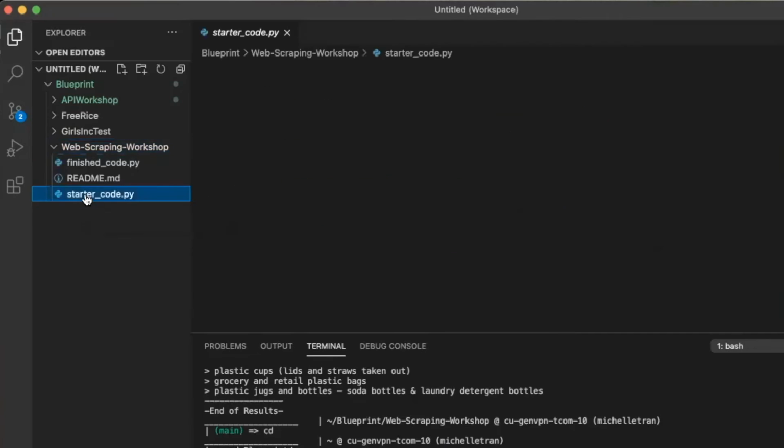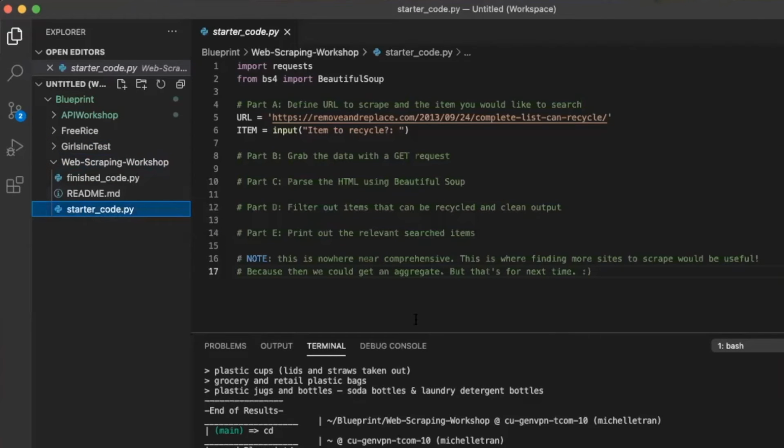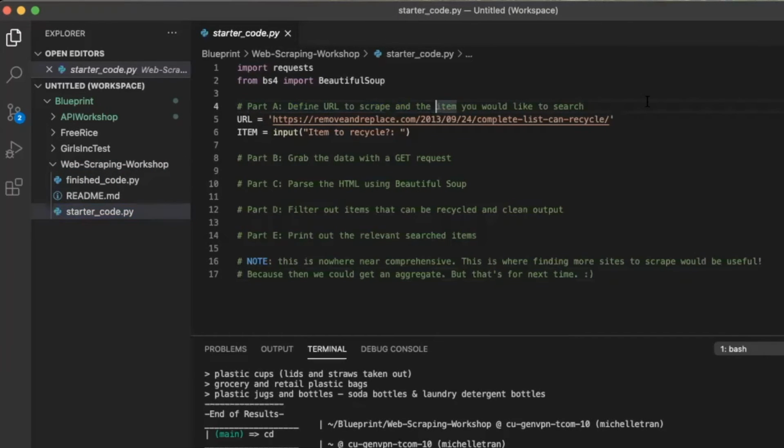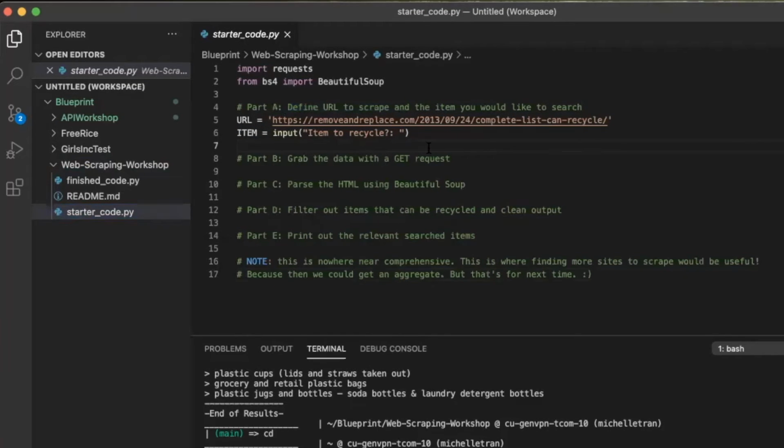We're going to go to starter code, which is basically going to be the parts where we fill in. You'll notice that part A has been done for us. This is the same URL as the article that we're parsing, and this basically asks the user for whatever item they want to check. So we're going to start with part B, which is grabbing the data with a GET